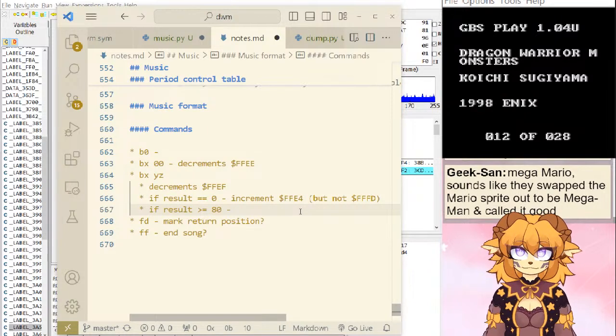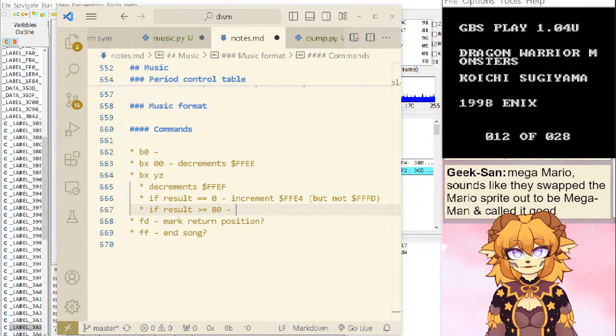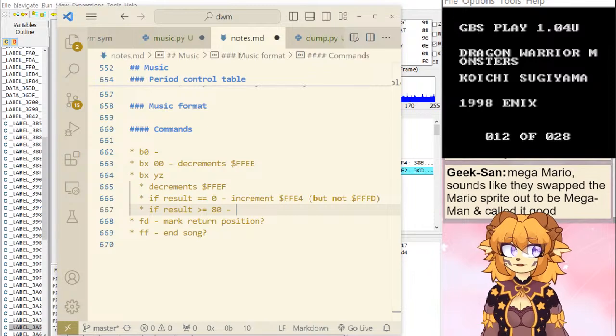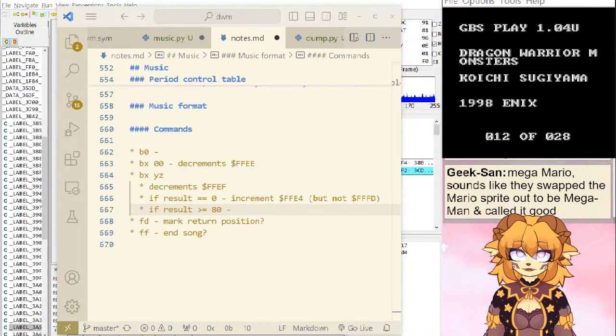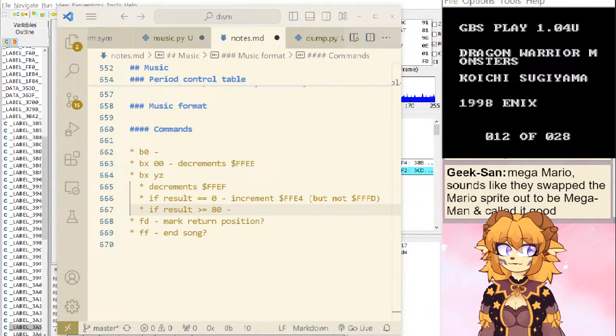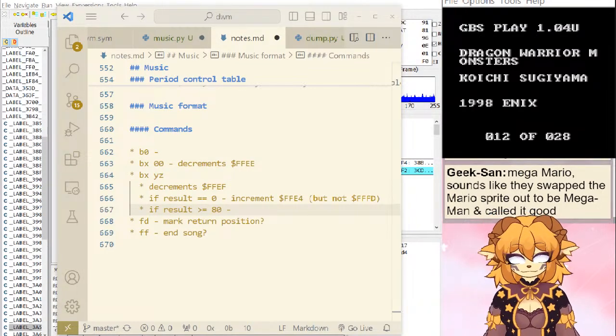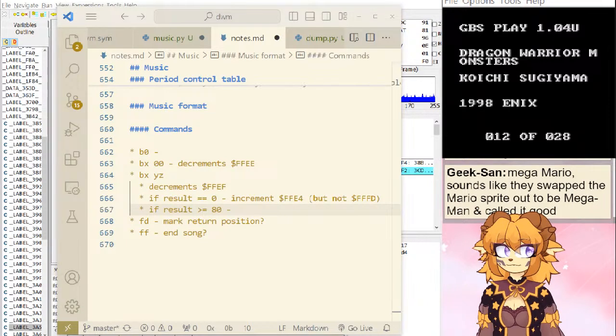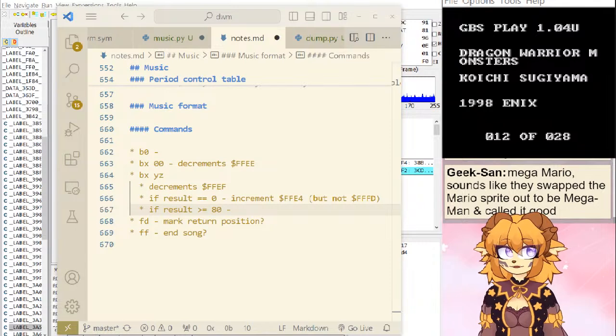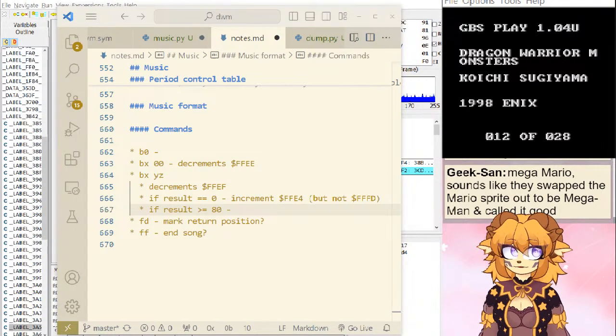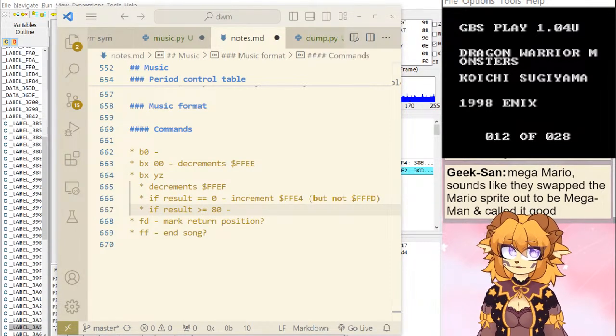Mega Mario. Sounds like they swapped the Mario sprite for Mega Man and called it good. Not Mario, Maria. Like, you know, the one in Toho. Oh, Mega Mari. Sorry. From Marisa.